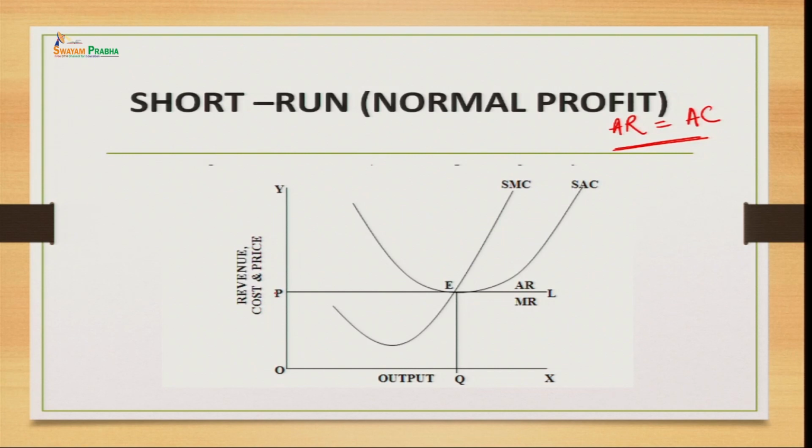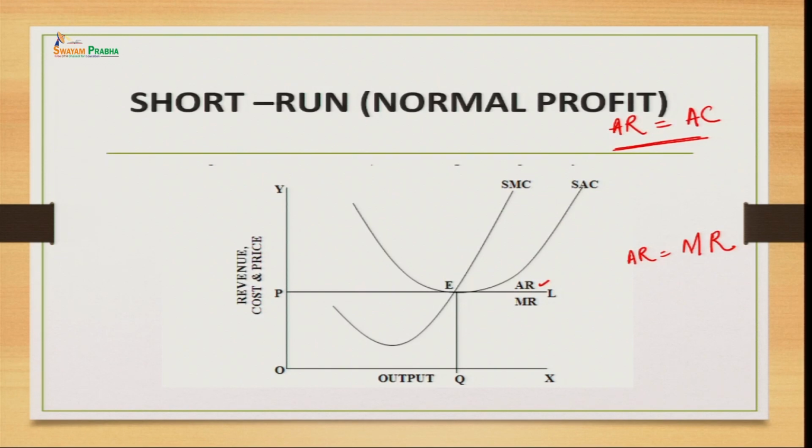This OP price has been taken with the interaction of market forces, that is demand and supply, and we have this perfectly elastic demand curve. Here we are representing it with PL. PL is the demand curve of this perfectly competitive market, and the demand generates the revenue. So, here we are representing the average revenue, and since the average revenue of the firm is constant, marginal revenue will also be constant. There is no change in average revenue. So, the marginal revenue will always be equal to the average revenue.